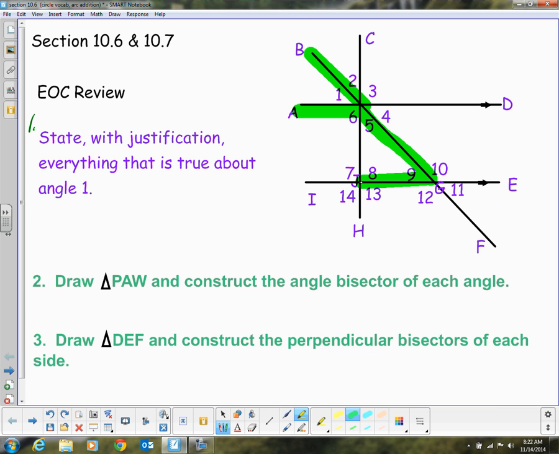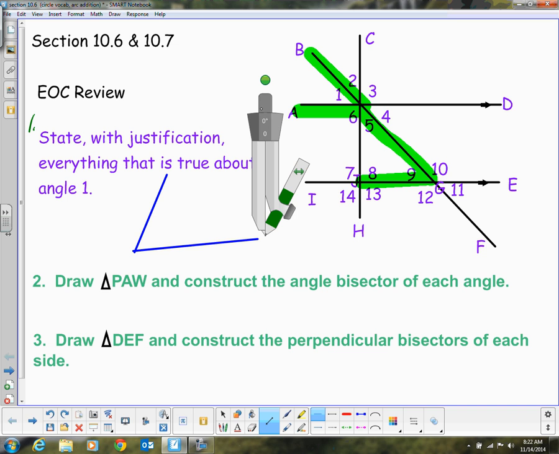On 2, you're drawing a triangle. How many angles are in the triangle? 3. So how many bisectors, constructions with compass and straight edge, are you going to be doing? 3. So if you have an angle, how do you do the angle bisector? I'm just doing one angle bisector. So what we're going to do,